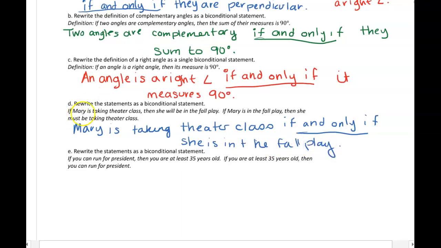Okay, the only difference is they wrote the converse too. So if you can run for president, then you're at least 35 years old. Okay, and then the converse of that is if you're at least 35 years old, then you can run for president. So hopefully you wrote the biconditional as